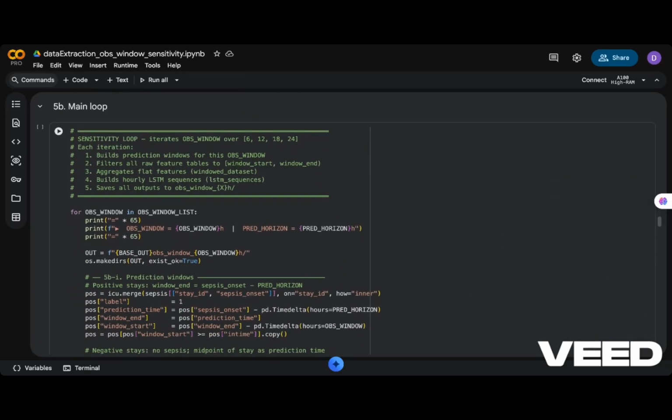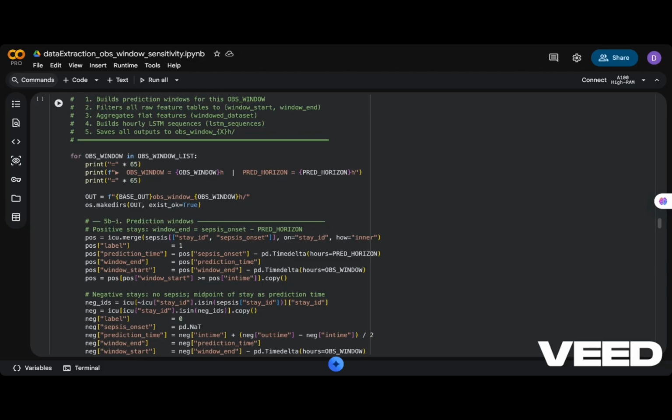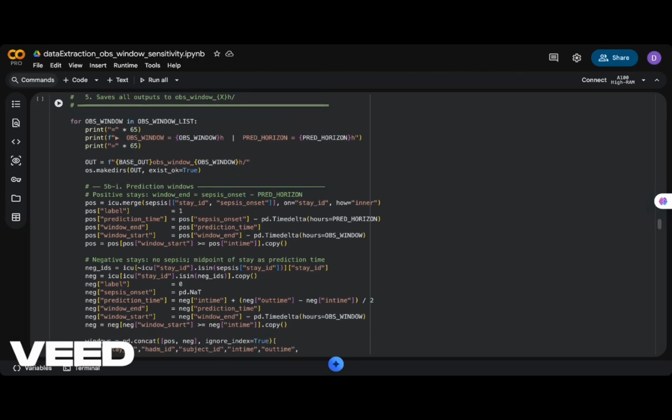This is the main loop. I want to walk through specific sections. First, prediction window construction. For positive stays, patients who develop sepsis, prediction time equals sepsis onset minus 6 hours. Window end equals prediction time. Window start equals window end minus the observation window. So for the 18-hour configuration, we are using the 18 hours of data that end exactly 6 hours before the patient